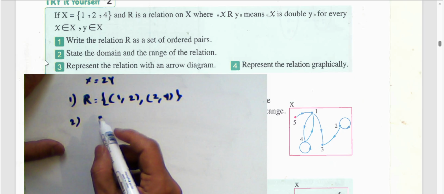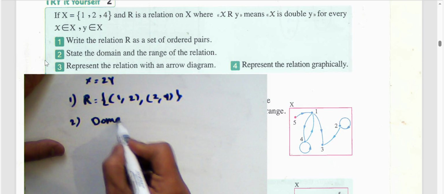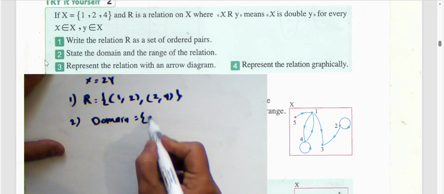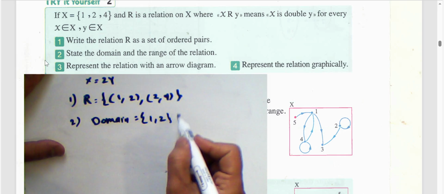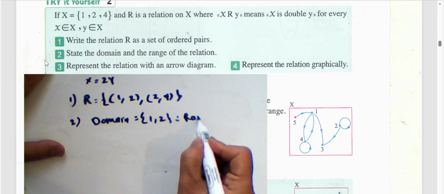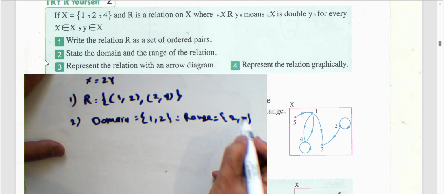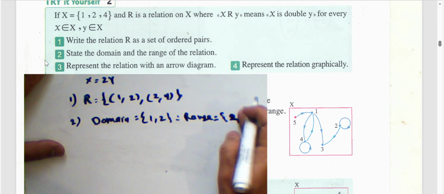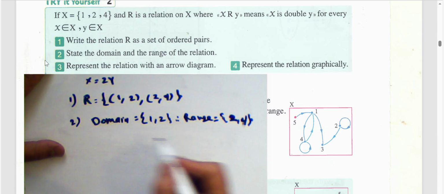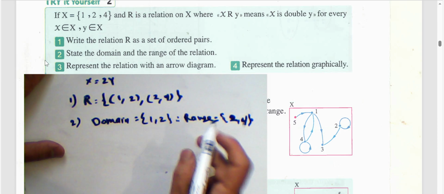this is the domain and the range. We can write the domain will be 1 and 2, the first, and the second will be the range. The range will be the second, 2 and 4. This is the domain and the range. Number 3,